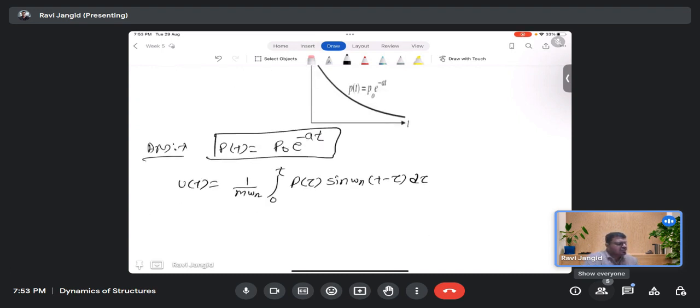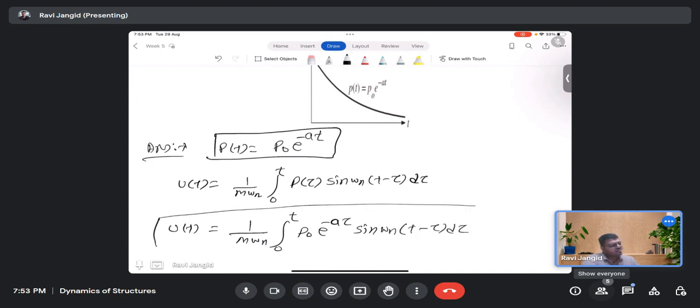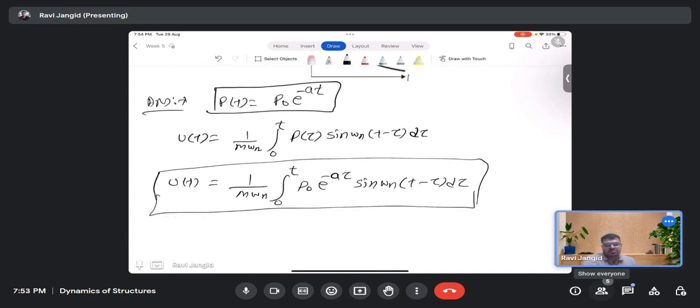So the only thing you need to do is put, instead of p(tau), the value p naught e raised to power minus a tau, sine omega n (t minus tau) d tau. So you can solve it. This is a simple integral,